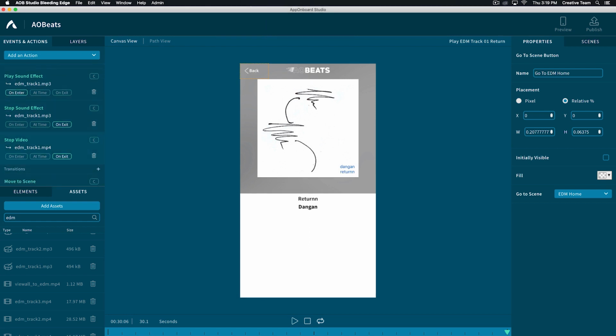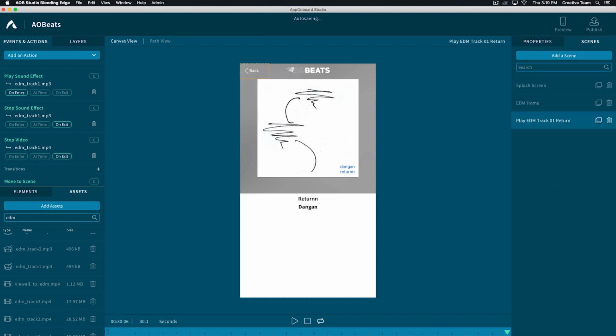Now let's quickly confirm that all of our actions are correct. Our video will play on enter, our sound will play on enter, the sound will stop on exit, and the video will stop on exit. Finally, we created a transition that says, if the user completes a song, they will be transitioned from this track